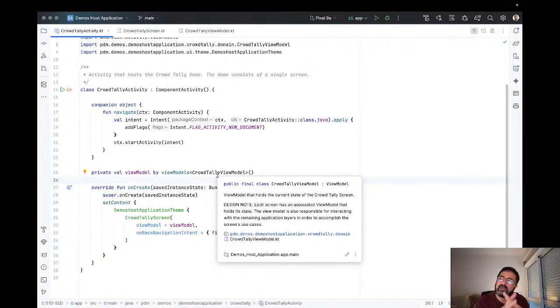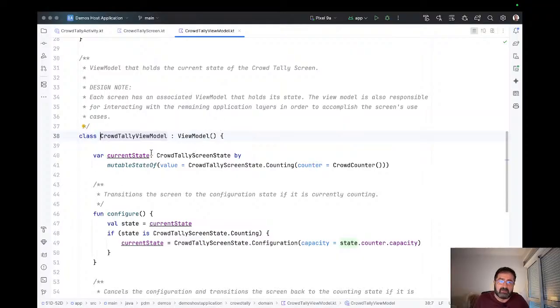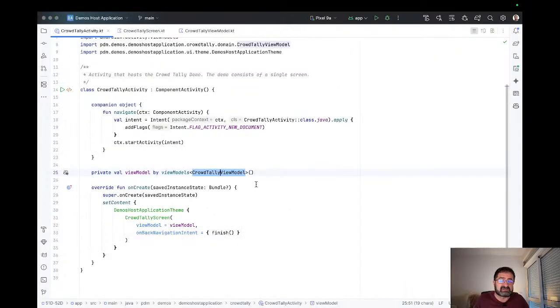I told you last lecture that the activity is a view model store owner, meaning that it can store view models, and that the way to get a view model is not directly instantiating it, calling the constructor, okay? No, it's not that. Why is that? Because that would defeat the purpose. The way is to use a factory function that